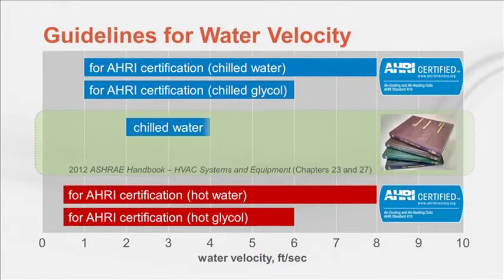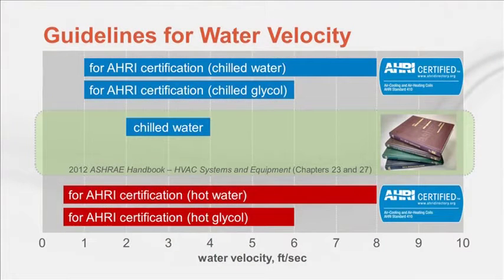Another source of recommendations, the ASHRAE Handbook, suggests that the cooling coils are best selected with water velocities between 2 to 4 feet per second. Water pressure drop can often be a defining characteristic of a good or a bad coil selection, so this velocity range should provide a good balance between coil size and minimizing air and water pressure drops, as well as the